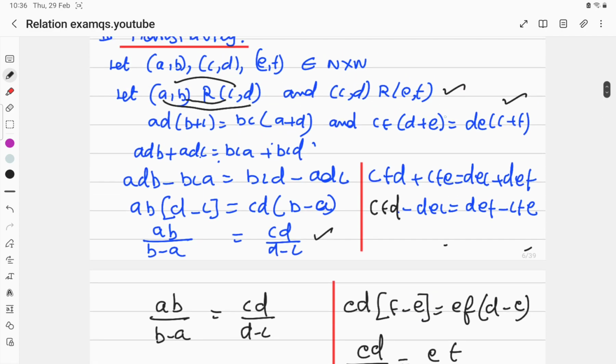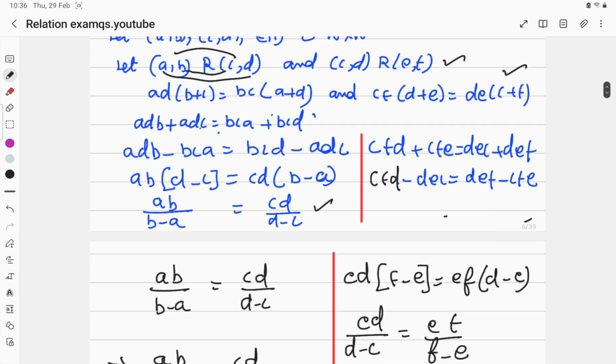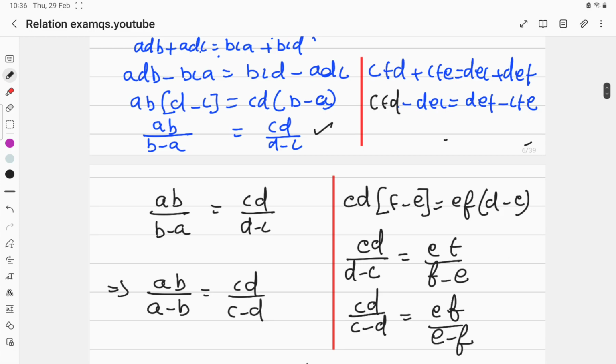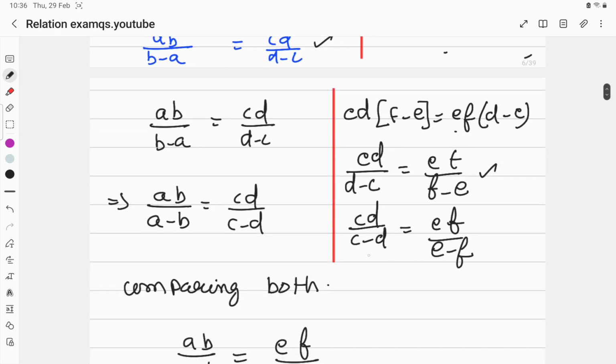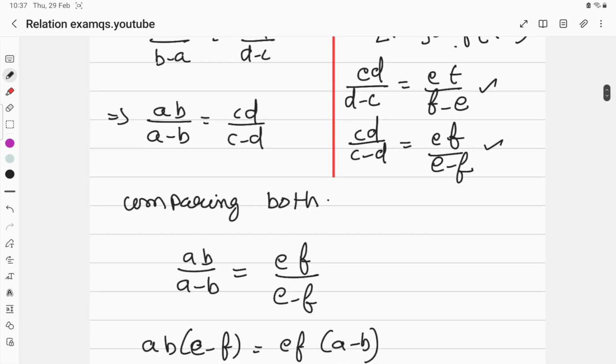Like that we have to do here also: CF(D + E) = DE(C + F). So multiplying and making the required changes, we get CD/(D − C) = EF/(F − E). That is, CD by taking the common minus sign on both sides and cancelling, we get C − D = E − F. So comparing both, here we get